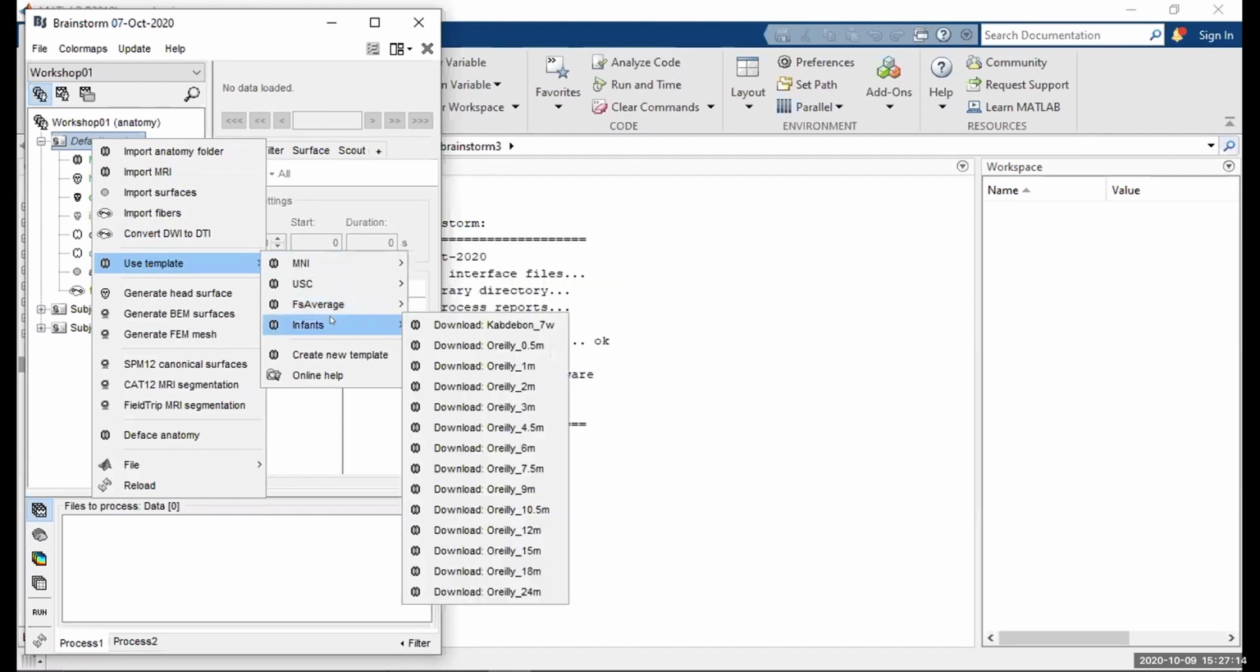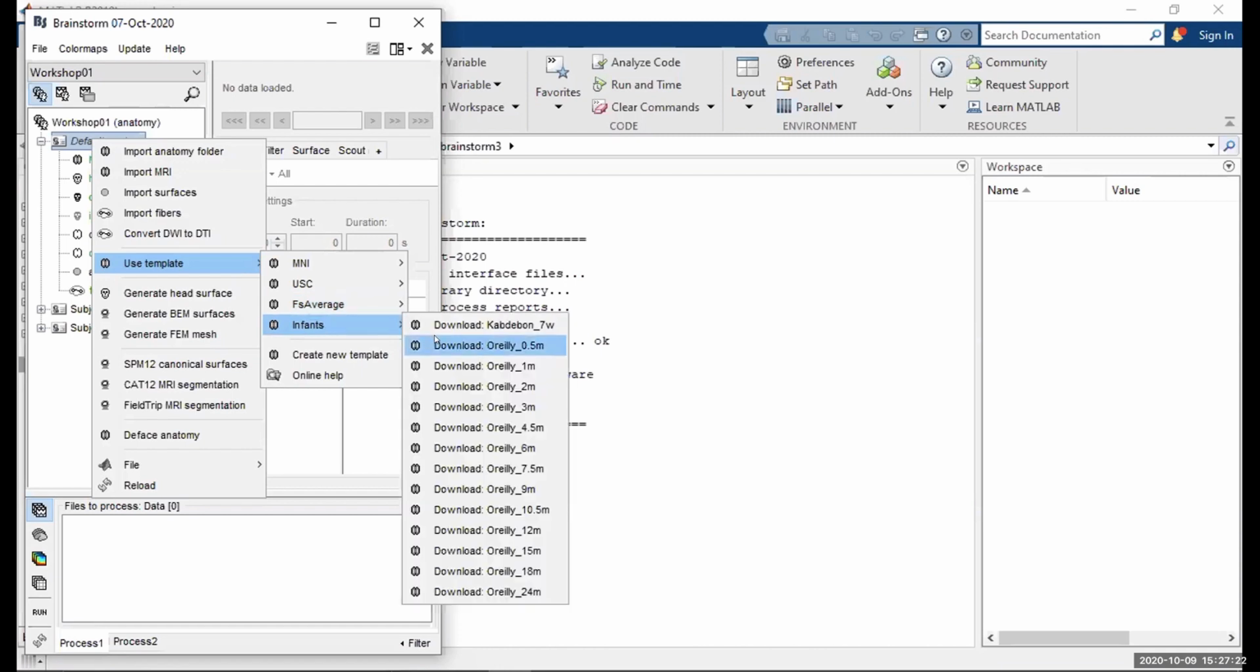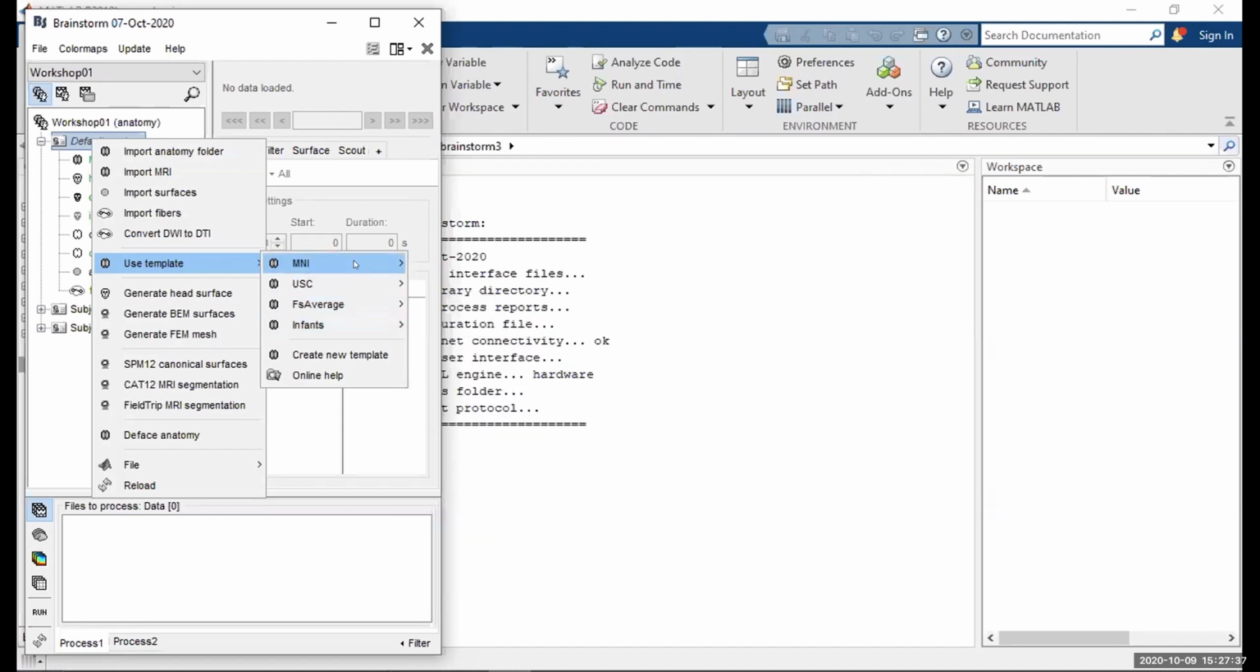And I think Sylvain was just talking about this new contribution by our O'Reilly collaborator that added infant templates. So note that we do have that available. Just to make the installation smaller in size, it doesn't come shipped with the software, but just by selecting it right here, it would automatically download it for you and apply it to the default subject. And as you can see, we have different